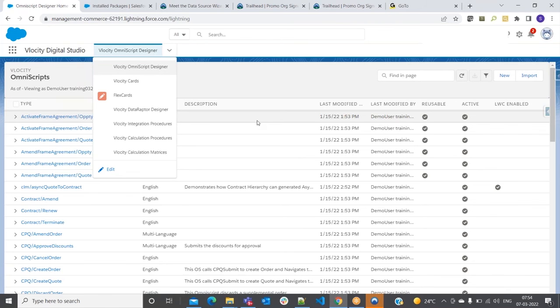Aura component is not supported. You can only invoke the LWC from FlexCard or from Omniscript. For examples, I have some ready-made LWC components. I can just show you how to invoke the LWC from FlexCard. But writing LWC will not be covered as part of this training, because that is altogether different